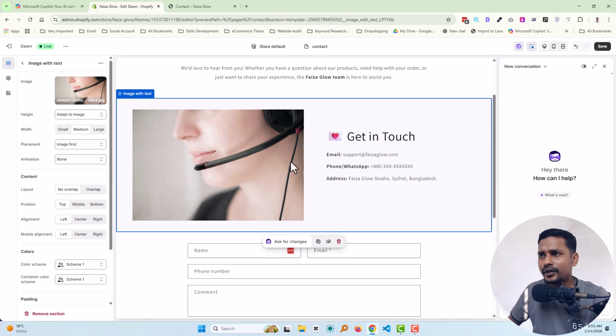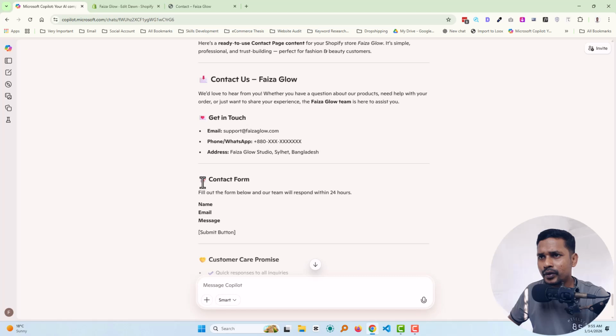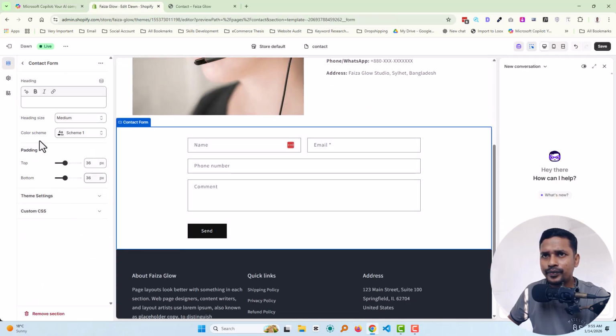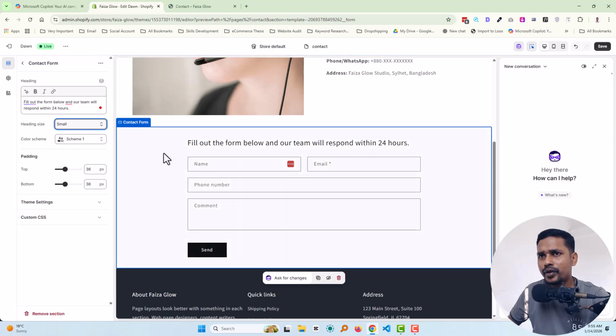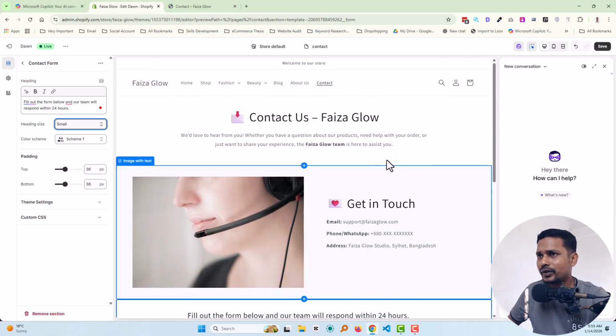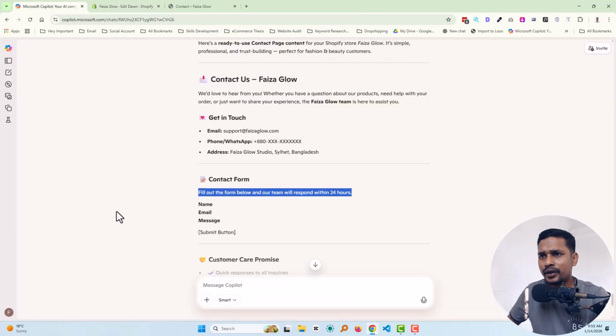And then again we're going to add some information, contact form, just add this text in here, the contact form, heading, yes, heading size small, fill the form, looks good. Yeah, okay, it looks good so far than previous. Click on save, and